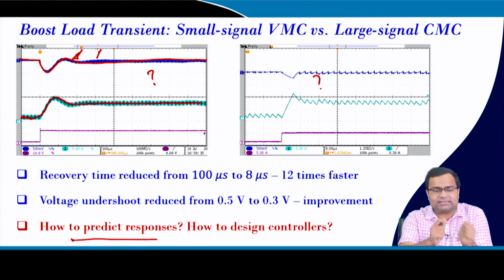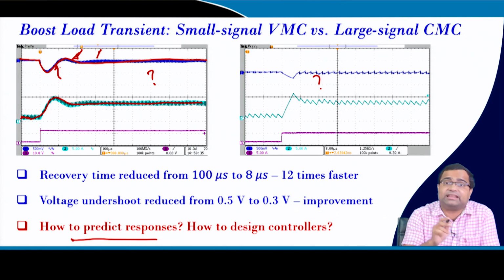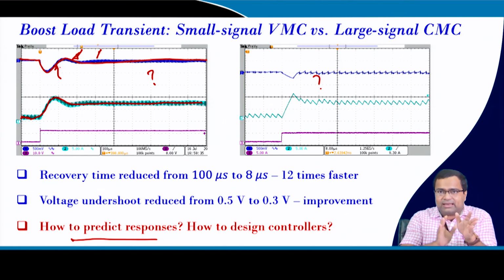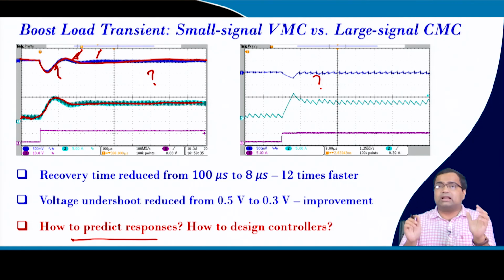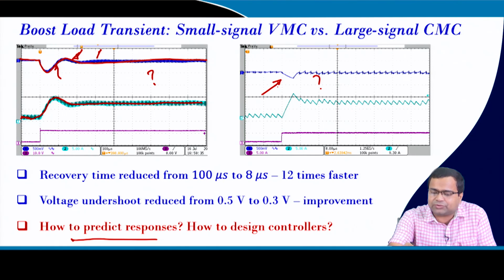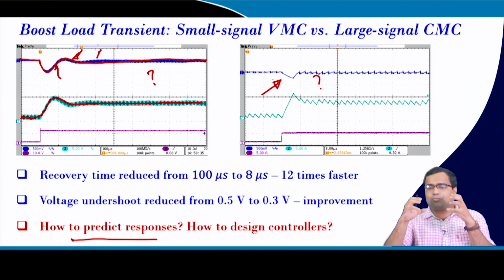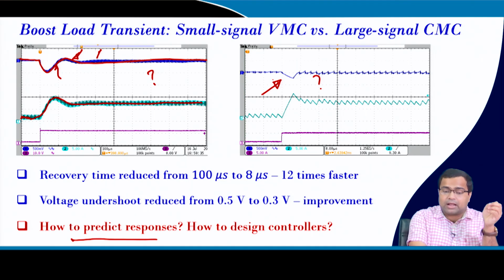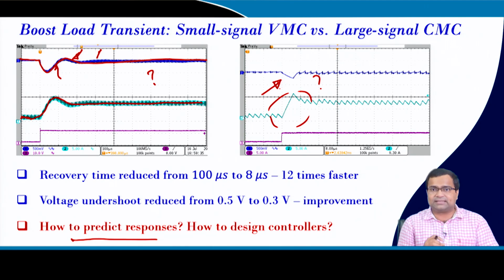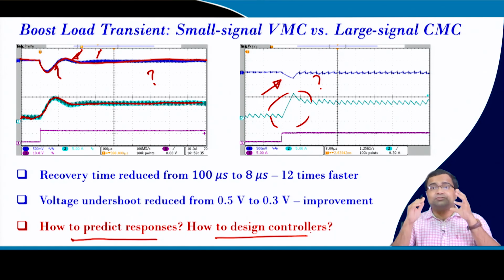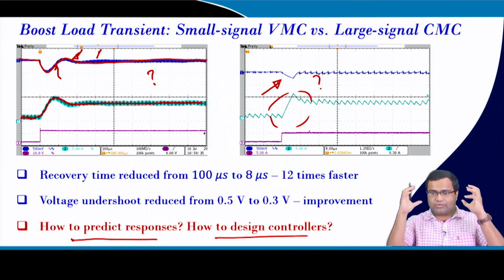But you will see this matching start deviating when you try to increase the bandwidth of the controller. So, there is a band limit, a model limit, in the design. And if you want to go this way, how can you incorporate that information and predict this response? What is my recovery time? Can I analytically predict it for a given step size? Can I design a suitable controller to achieve this kind of response? So, these are the questions that we are going to ask.